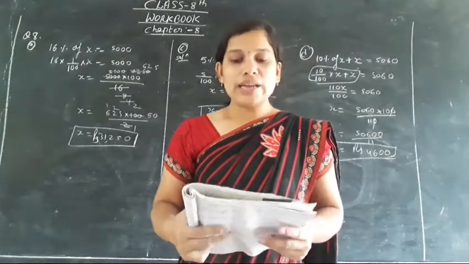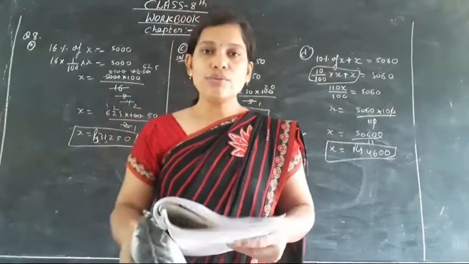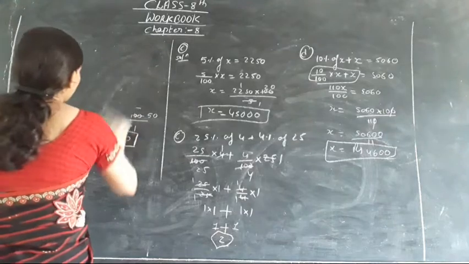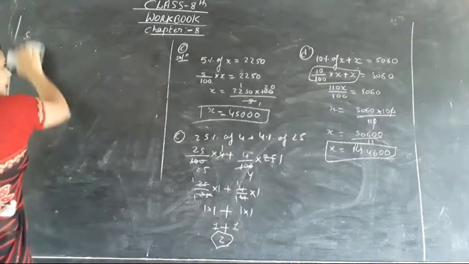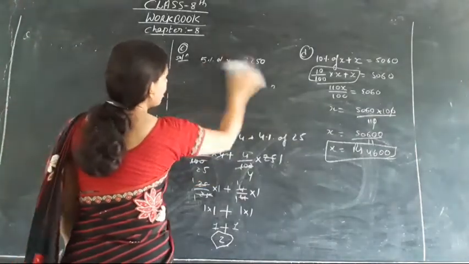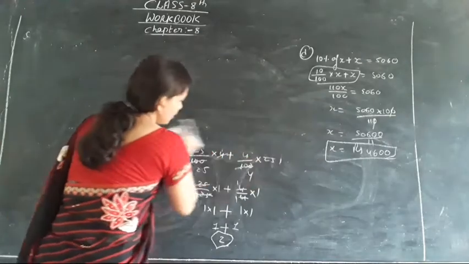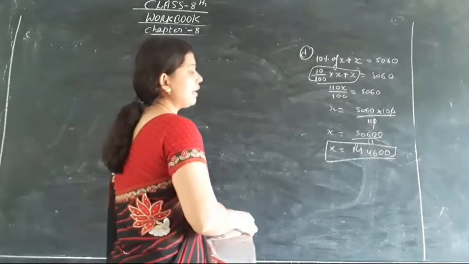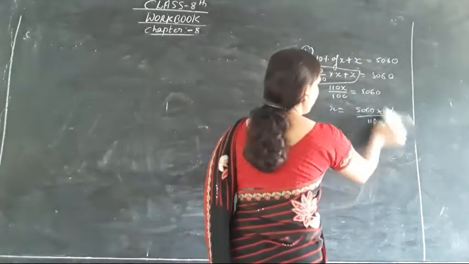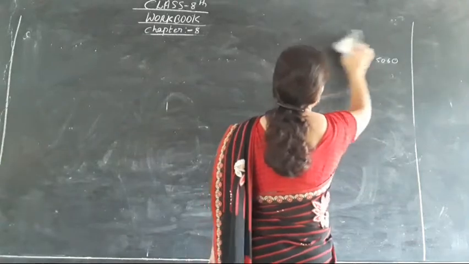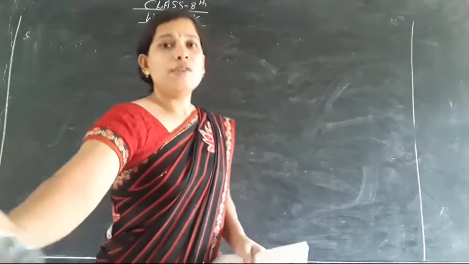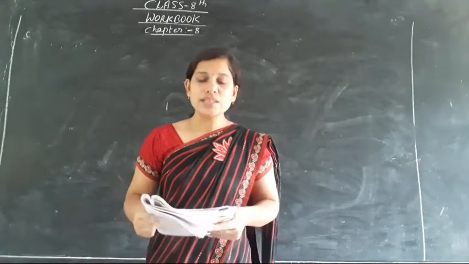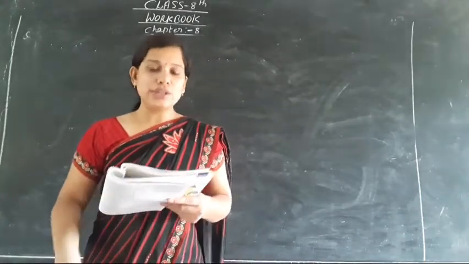What is question number 9? Here we have to find the unknown variables. Now look how to find the unknown variable. Sometimes we have to find the value of selling price when cost price and loss percent is given. Sometimes we have to find the value of selling price when cost price and gain percent is given. As well as sometimes we have to find the value of cost price when loss percent and selling price is given. This means the 4 formulas I had already given you in order to find the SP and CP, isn't it? So here we have to find the unknown term. Now look how to find.